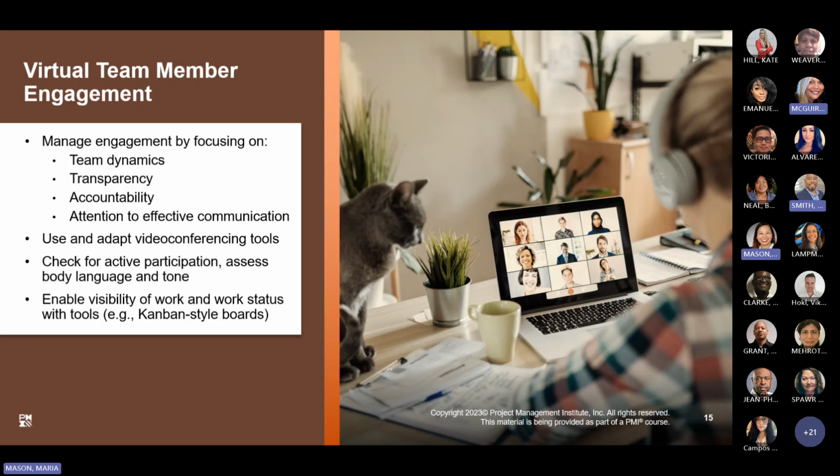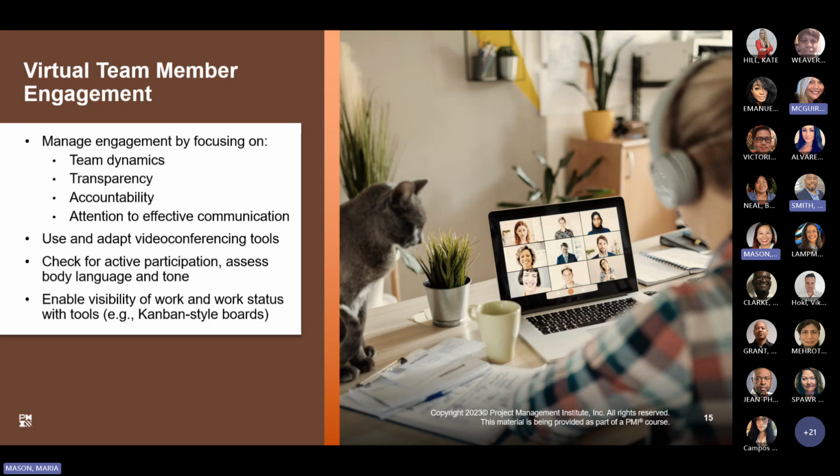I was on a team recently where my boss and all her direct reports were in Dallas, and I was the only one in Atlanta. And I never felt like I was left out because my boss and my team did a really good job of still including me as much as possible in all of the things that were going on in all the team meetings and things like that. And so that's important because you need the productivity from your virtual team members to be as strong as the same ones that you may have the ability to have co-located. Or if you have everybody virtual, then it's even more important.